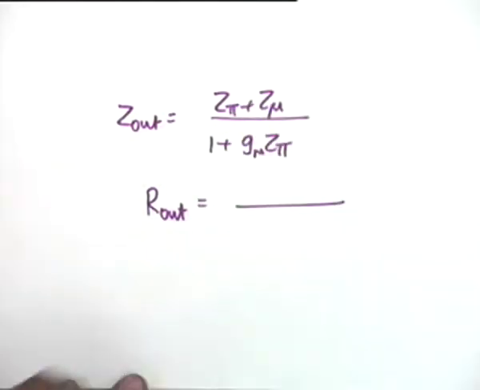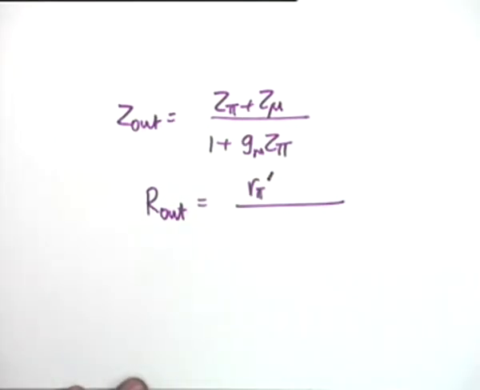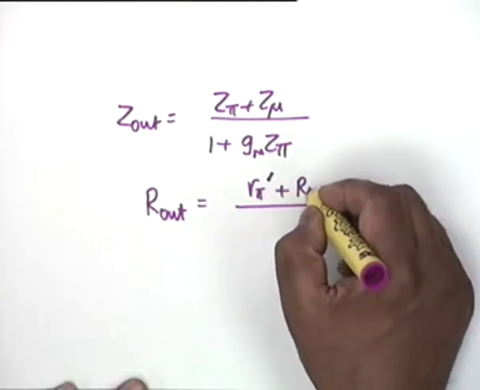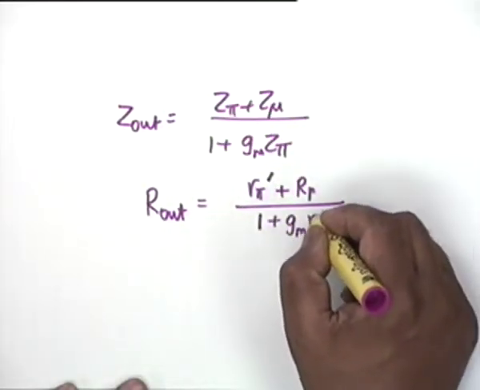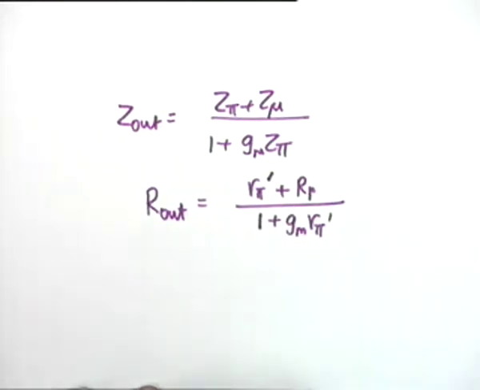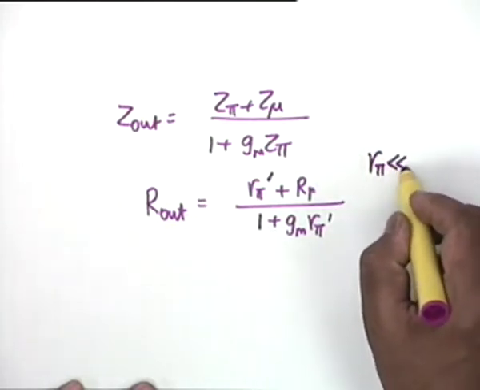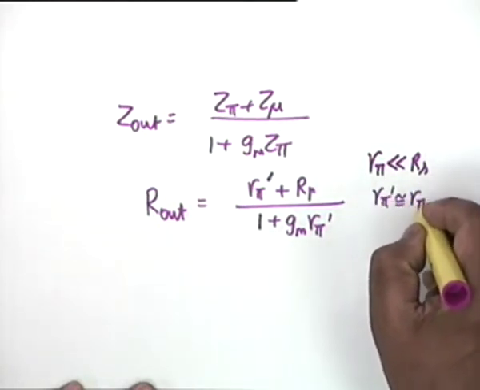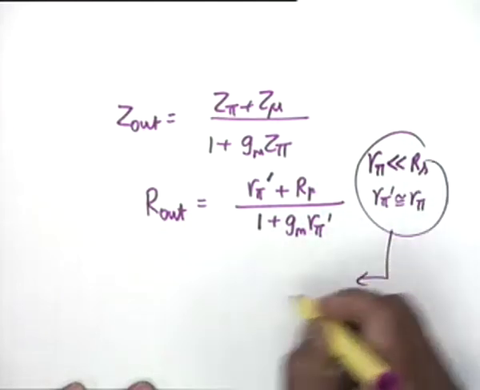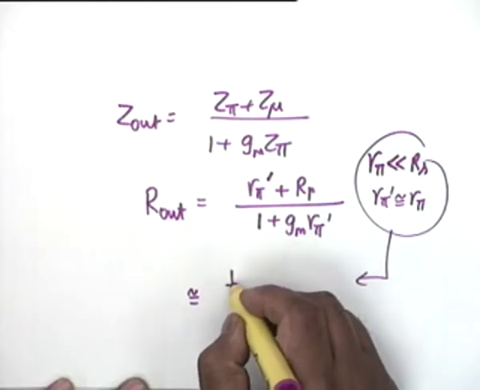what is the midband value of Z pi? R pi prime, where R pi prime is the parallel combination of R pi and RS. Wonderful. Plus RF, midband value of Z mu, divided by 1 plus GM R pi prime, midband value. Now, if R pi is much less than RS, then R pi prime would be approximately equal to R pi, right? And then this becomes approximately equal to 1 by GM